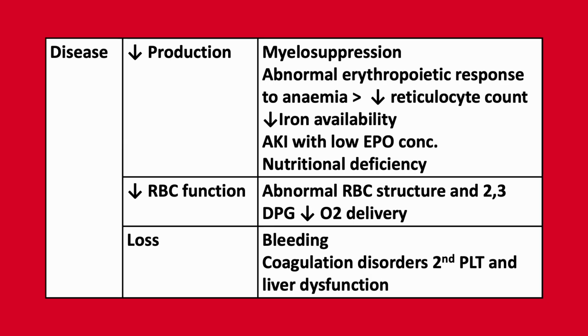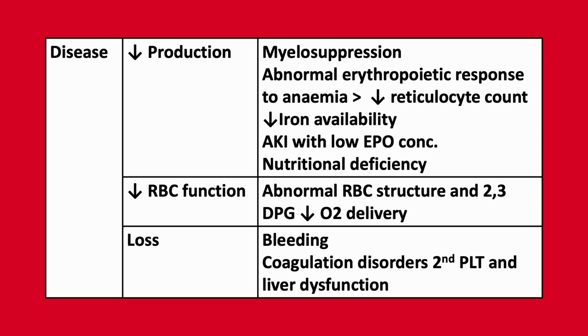Now we can discuss the disease-related factors. These can be split up into three different groups. Firstly, those which reduce RBC production. Critical illness is associated with myelosuppression, an abnormal erythropoietic response to anemia leading to a reduction in reticulocyte count,